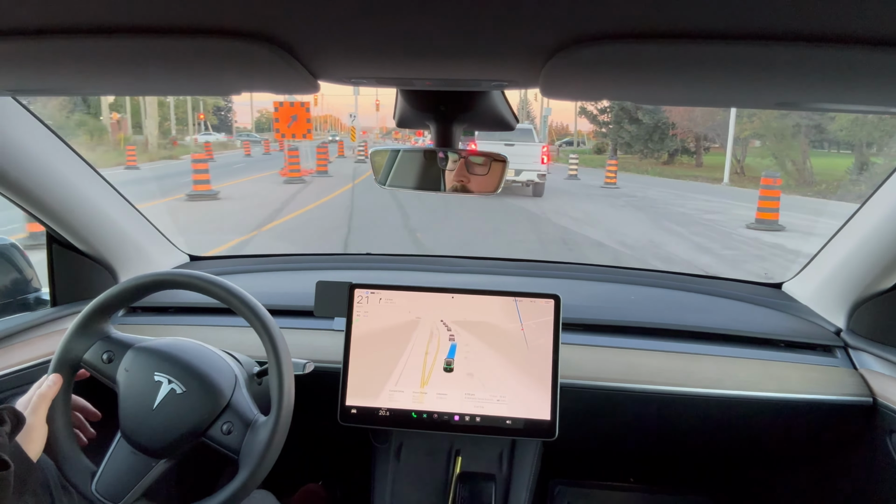It's getting a little close to these cones here, but not super close. It is a narrow section of road between the two lanes though, so